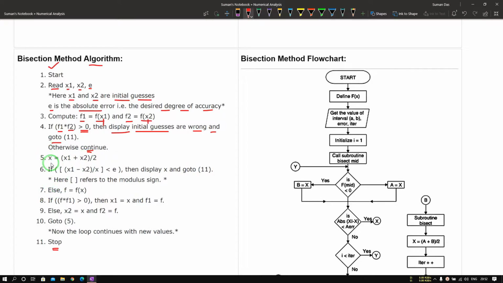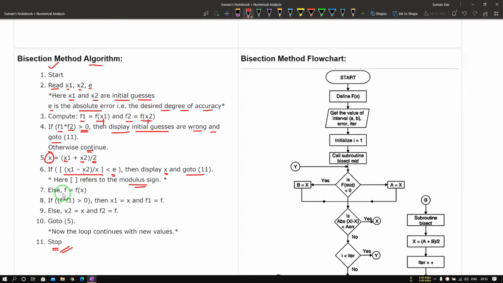We find the mid value, that is small x, which is (x1 + x2) / 2. If we have the relative error, the modulus of (x1 - x2) / x is less than e, then we display x and go to step 11. That means once again we stop here.